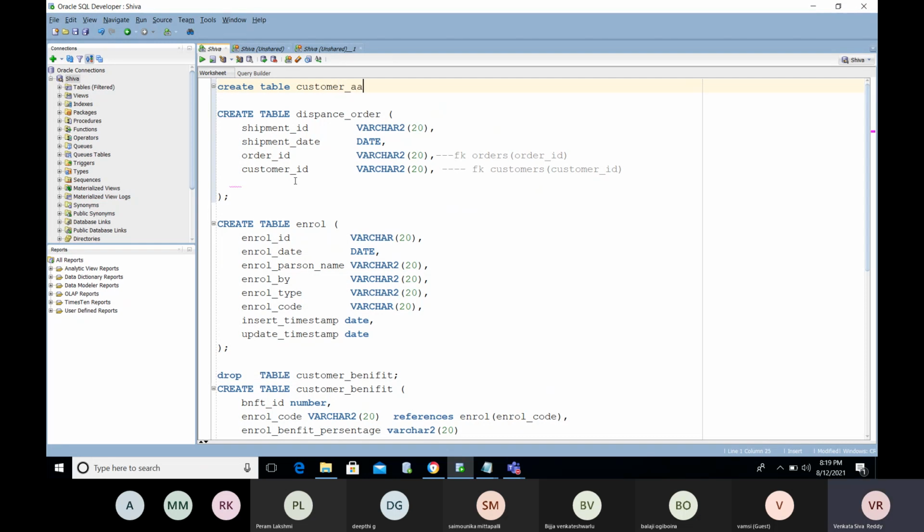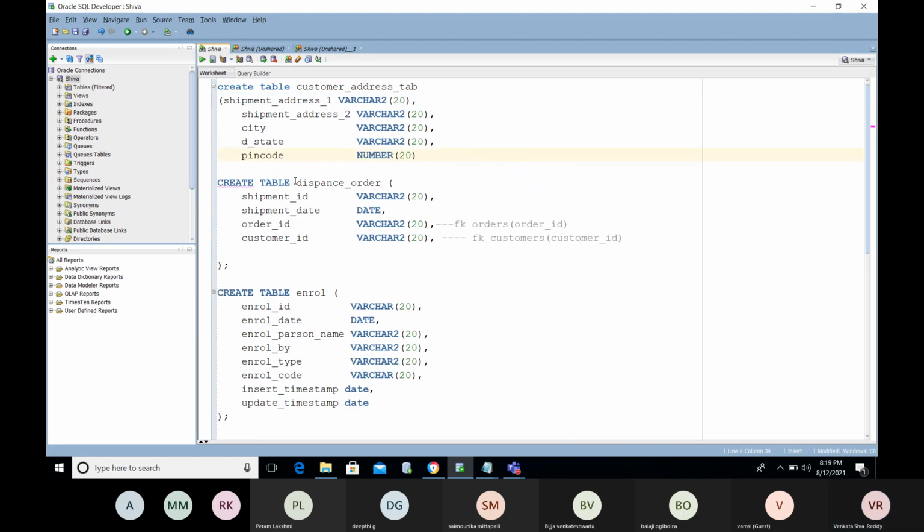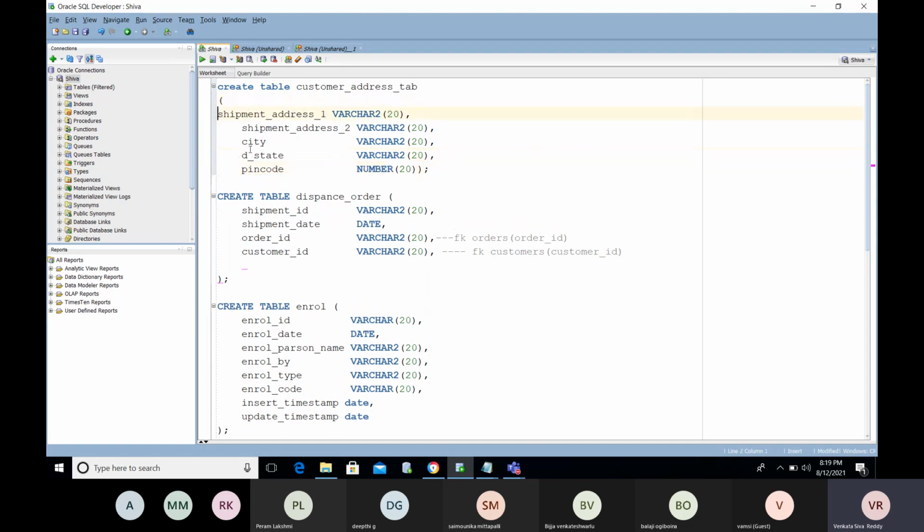Customer address table. In this you will maintain address ID, address 1, address 2, city, and pin code. Now, how do we map this with your dispense table?